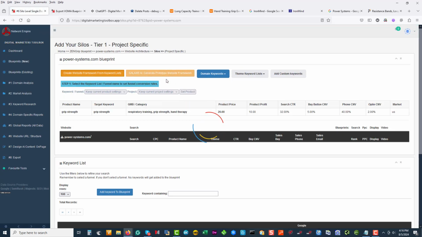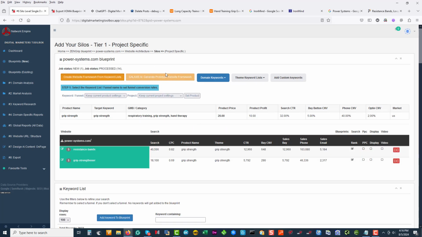What's going to happen now is Galaxis is going to blanket the button, so it locks it down for a 24-hour period. It's just to stop guys abusing it, and it'll process one job. But essentially what it's going to do is go build a whole entire website around those 2 keywords. So while we're waiting for Galaxis to finish the job,